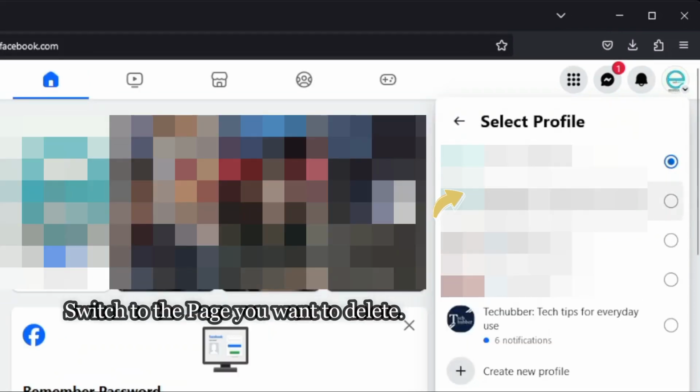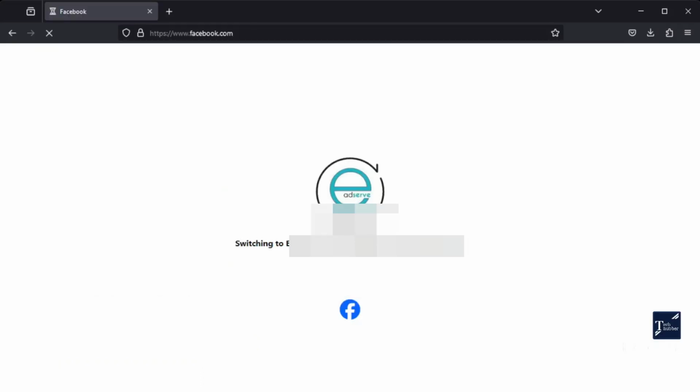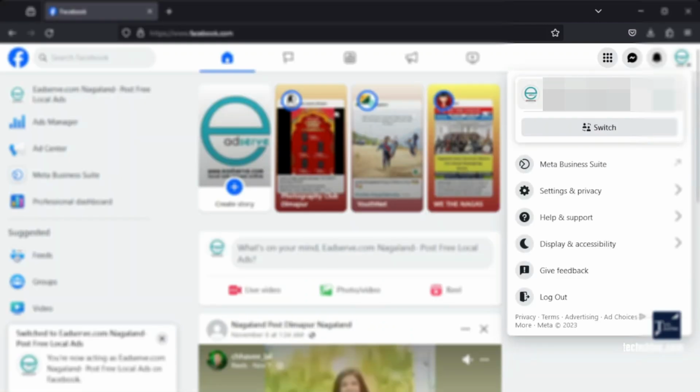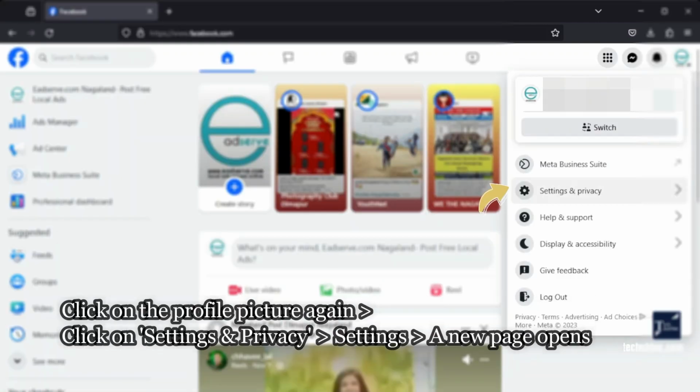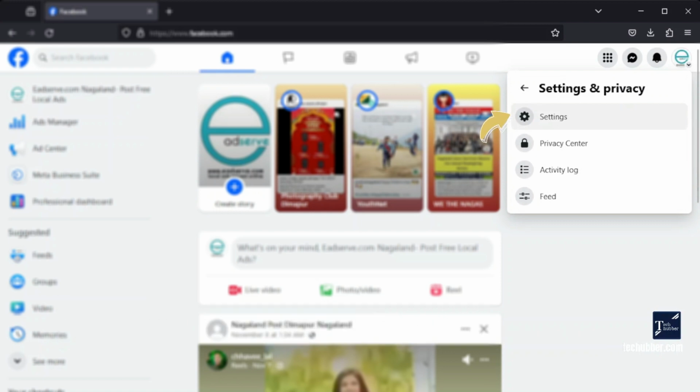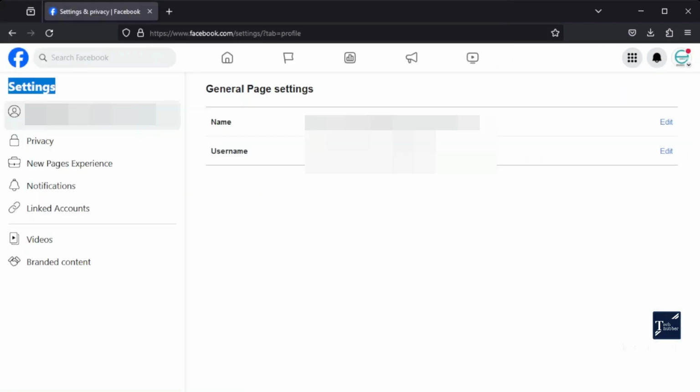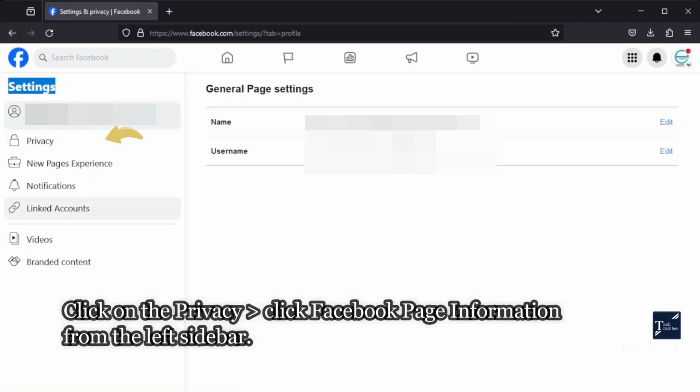Select the page that you want to delete. After that, Facebook will switch to the page. Now click on the Facebook profile picture for the page again, and then click on security and privacy, and then click on settings. In the settings page, click on privacy,